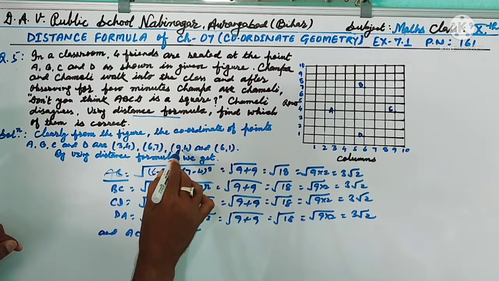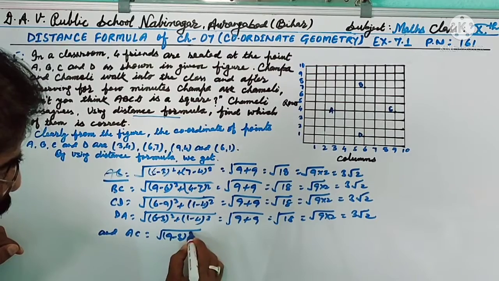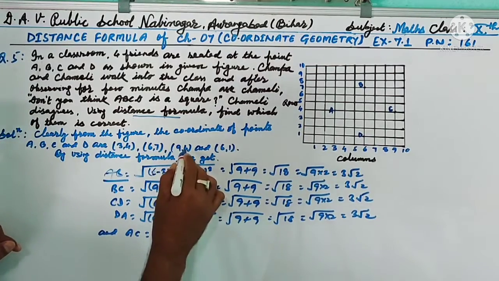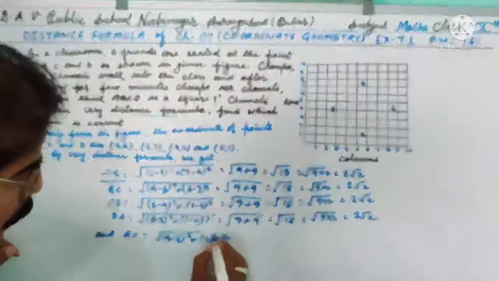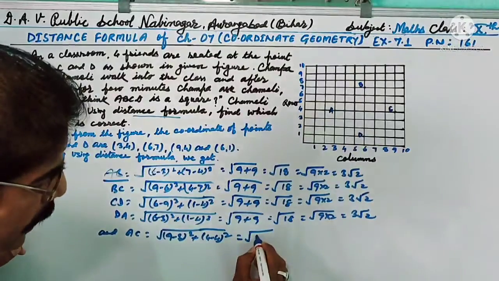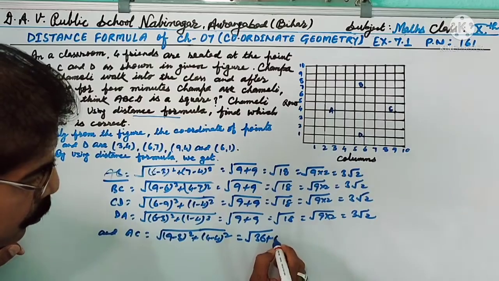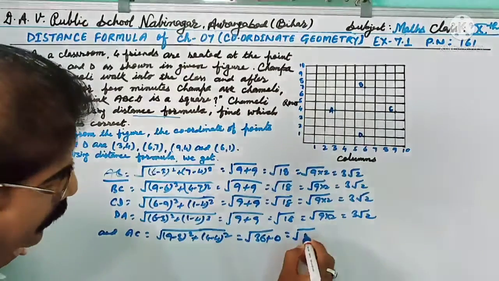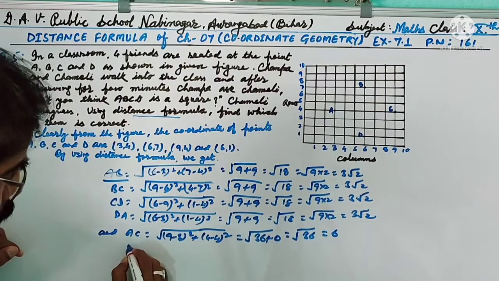So (9 minus 3) square plus (4 minus 4) square, that is (9 minus 3) is 6, square 36, plus (4 minus 4) is 0, equal to 36, equal to 6. And BD equals